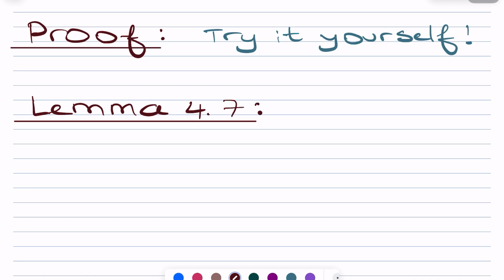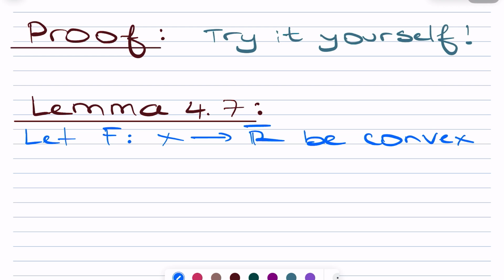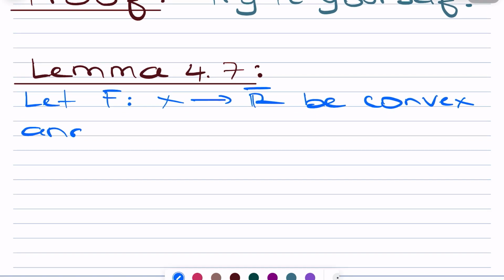So let capital F, defined from X into the completion of R as usual, be convex, and x in the effective domain of F. Then